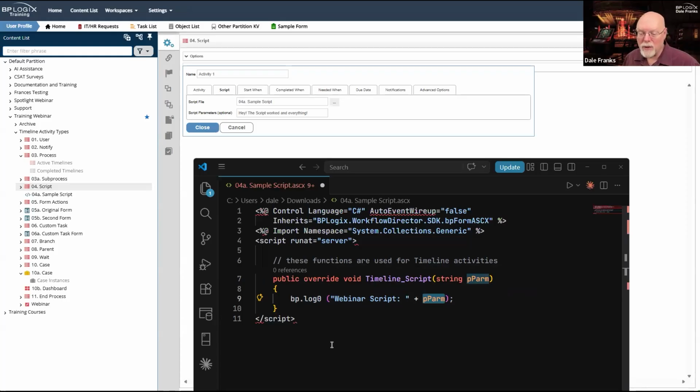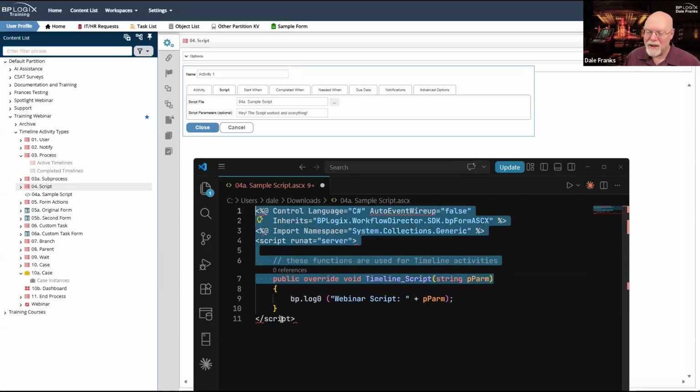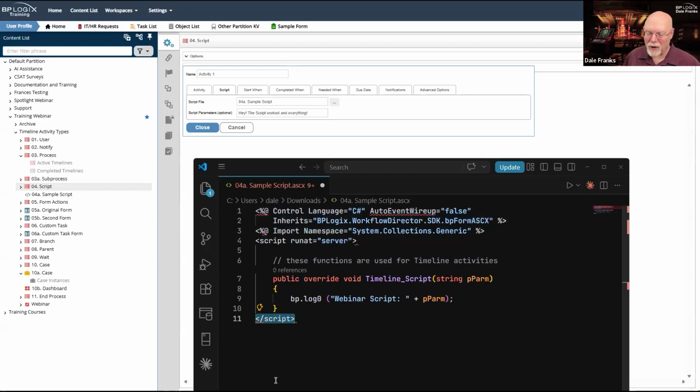Scripting in Process Director is not, especially if you have any C# experience at all, it's not really all of that hard. Pretty much all of this is boilerplate, and it'll always be the same. The only thing that you have to change is the content that is currently appearing in line 9 to add your own code to the script.